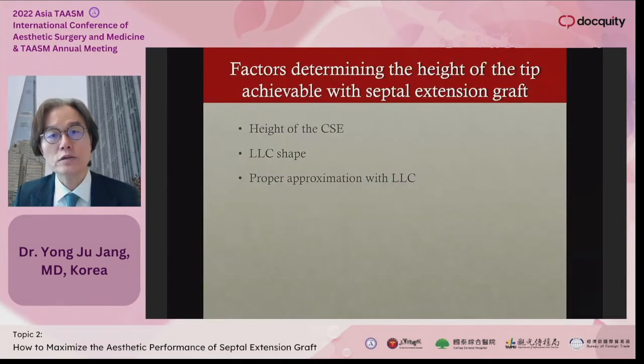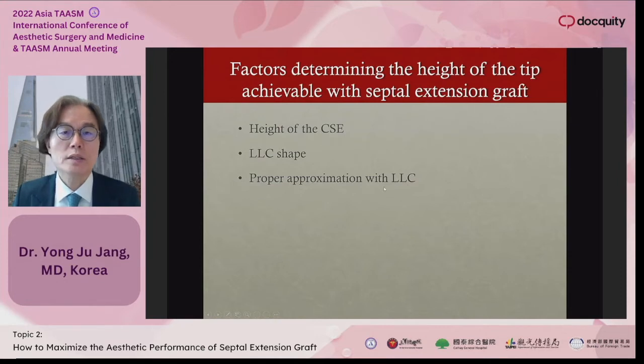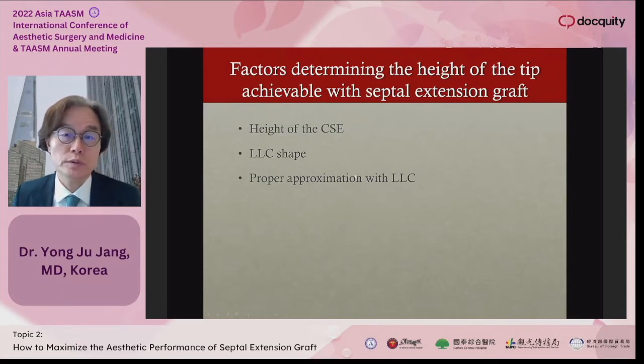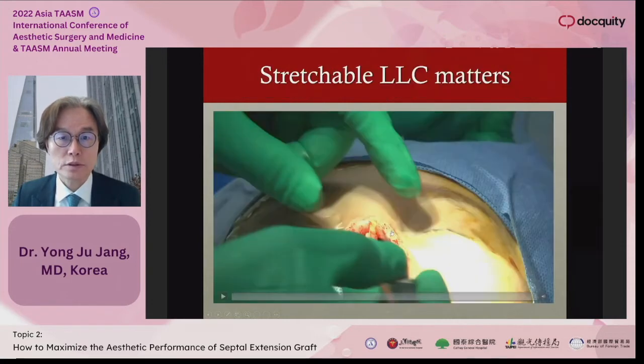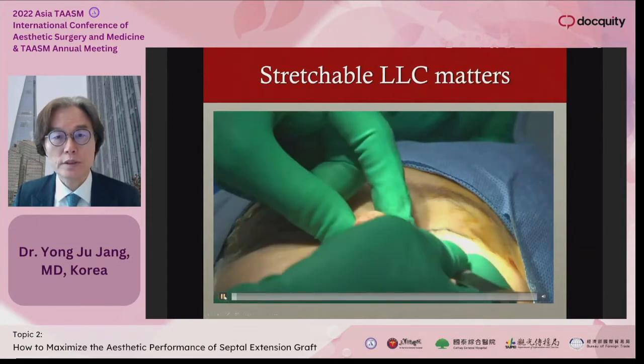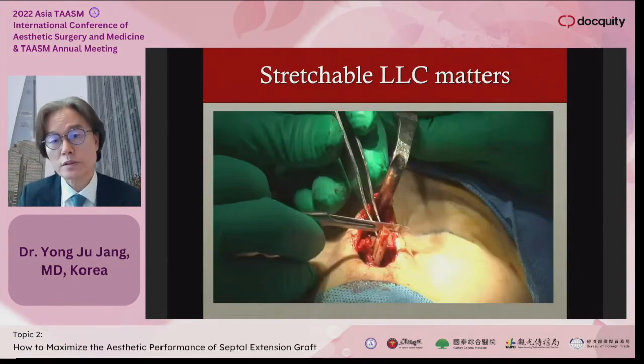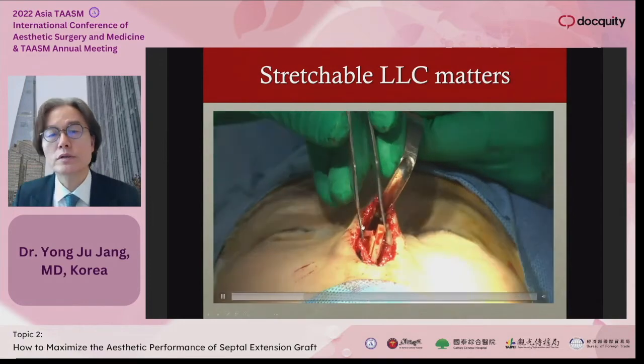And there are some factors that determine the height of the tip achievable with the septal extension graft: the height of the septal extension graft, the lower lateral cartilage shape, and proper approximation with the lower lateral cartilage. Let me explain what I mean. We place the septal extension graft, but if the lower lateral cartilage cannot be stretched enough,